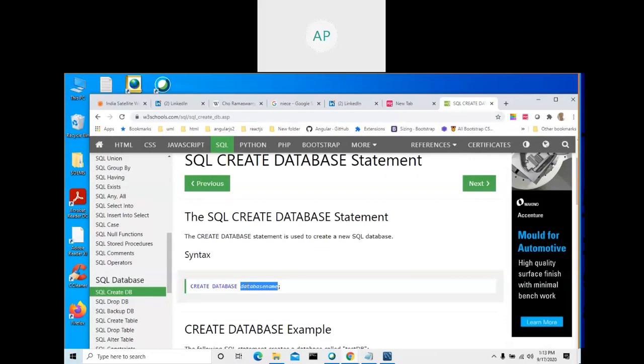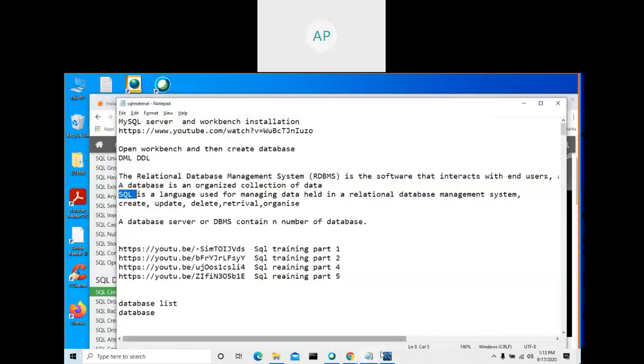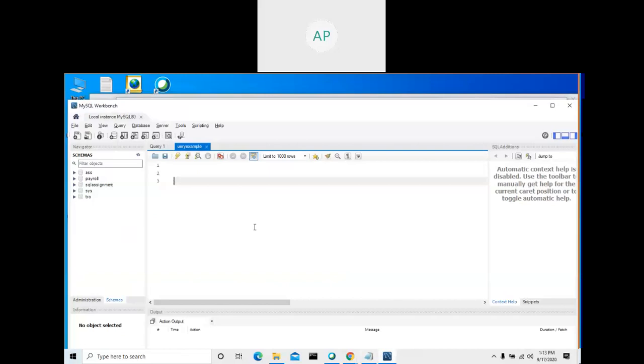Think of this as a language like Java, C++. So you can learn this one. This one line will create a database. Copy and paste. See here, you can give any name. Here I gave a name, I created a number of databases. You give any name after create database, something meaningful.